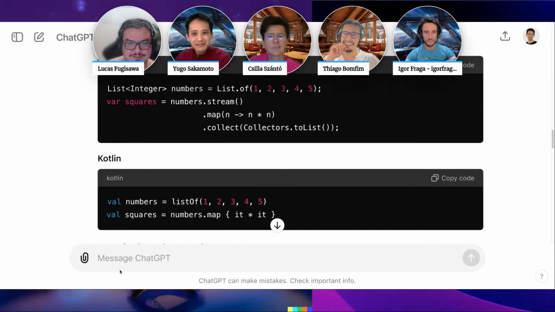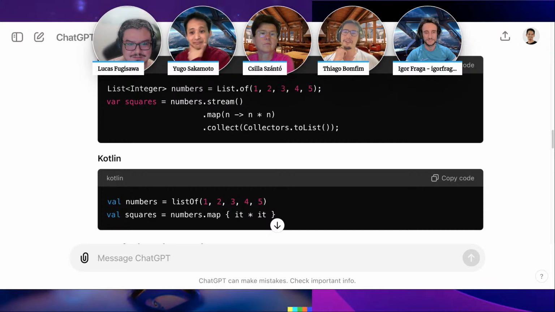Something that Java developers always mention is that they like this verbosity. Java developers are natural readers. We need to read a lot, but maybe that's also more or less, in my opinion. I don't know. I don't like this dot stream in this case. I think if you have dot map, it's enough.